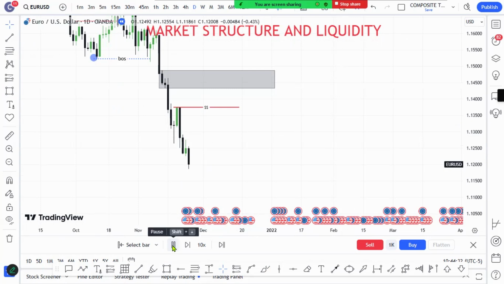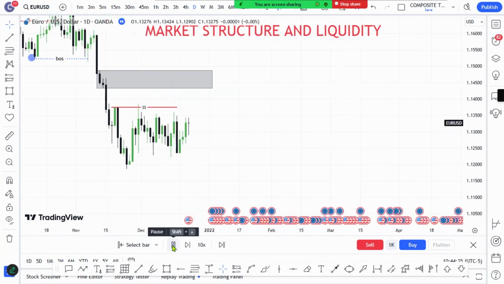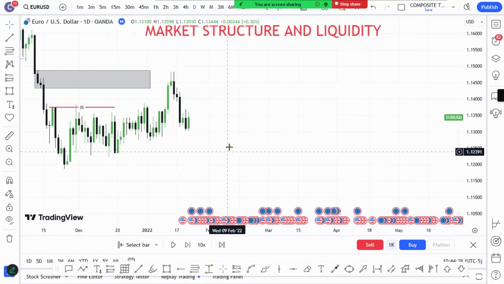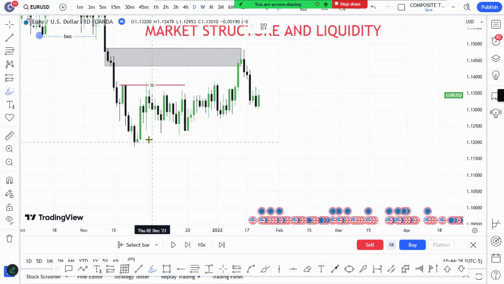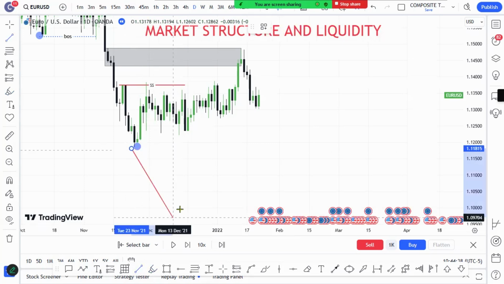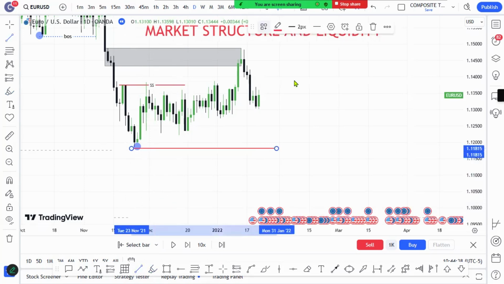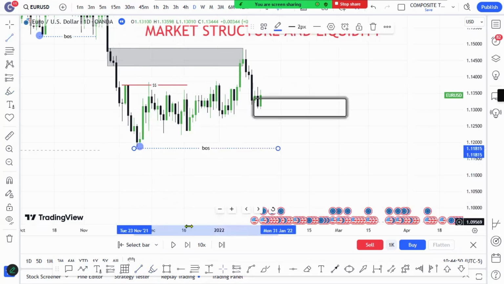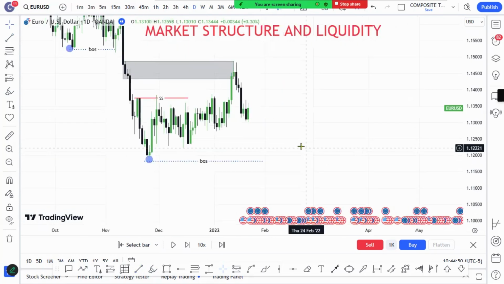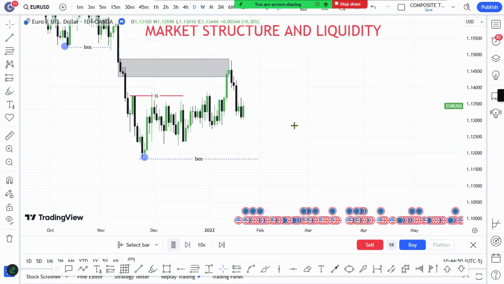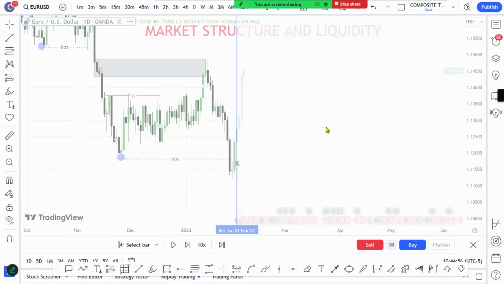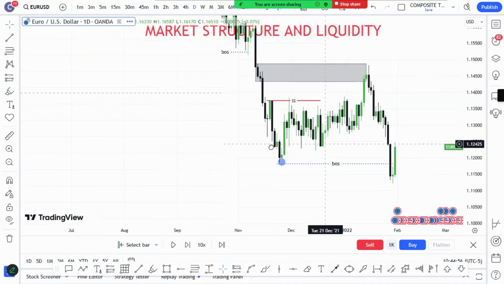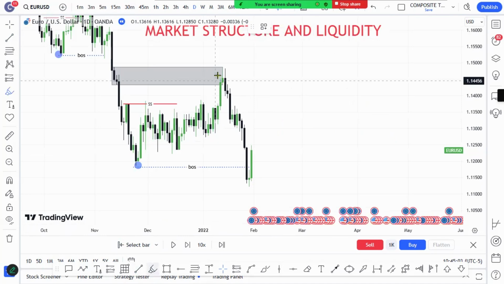This market structure, price takes out liquidity, and what happens? Mitigation of the level. And once the liquidity was taken out, we confirm we want to see the market now pushing lower and breaking that particular structure to the downside. So see, okay, breaks the structure. Now there's something that I want to share here. Market has broken the structure. This means that this is your protected high.